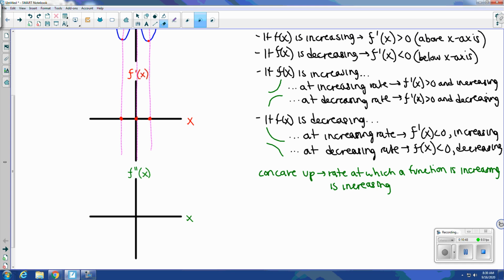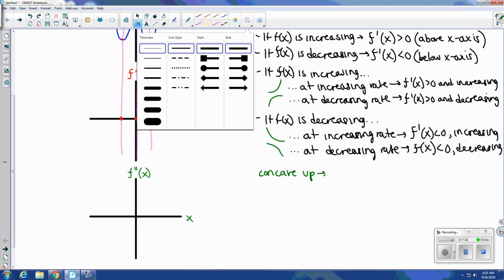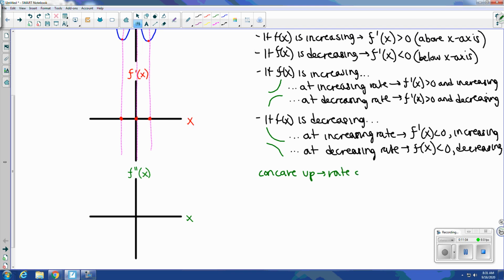Actually, let's define that better. Let's say concave up, much more simply put, is when the rate of change is increasing. And again, as a visual, you're going to see something like this. Okay, think of concave up as if you poured water into this thing, it would hold the water. Okay, that's concave up. Concave down